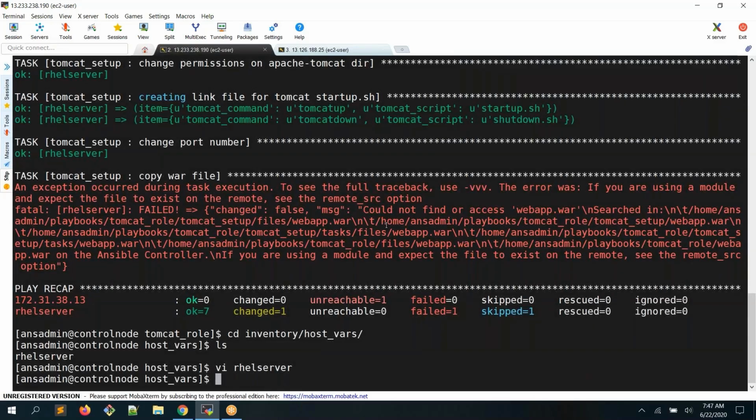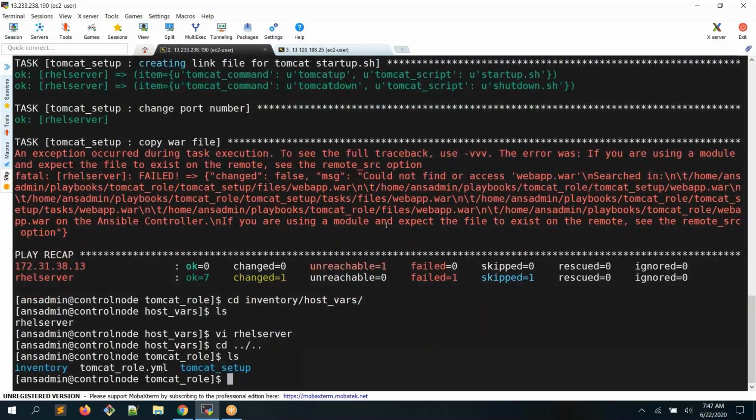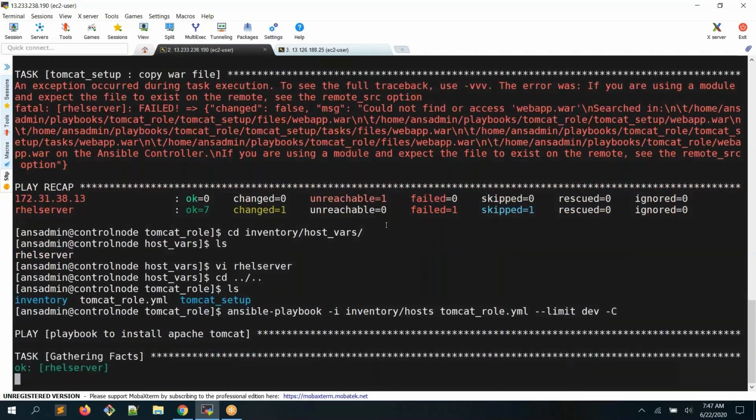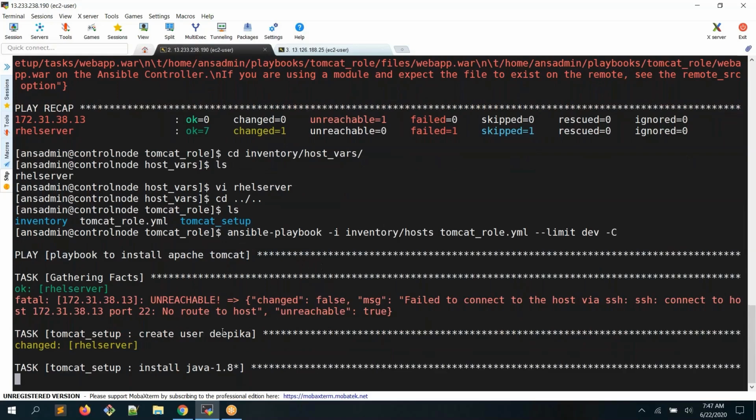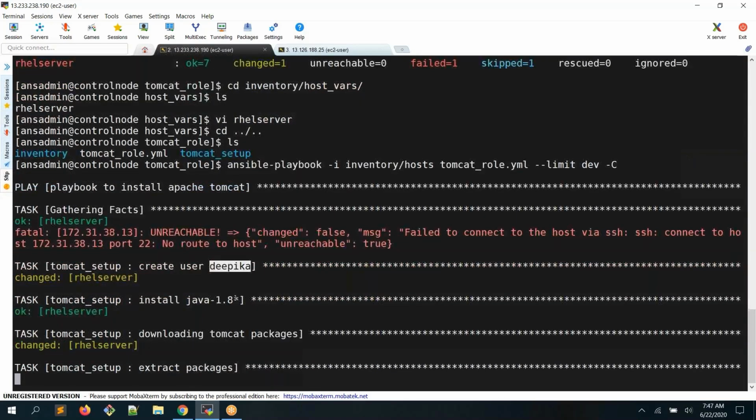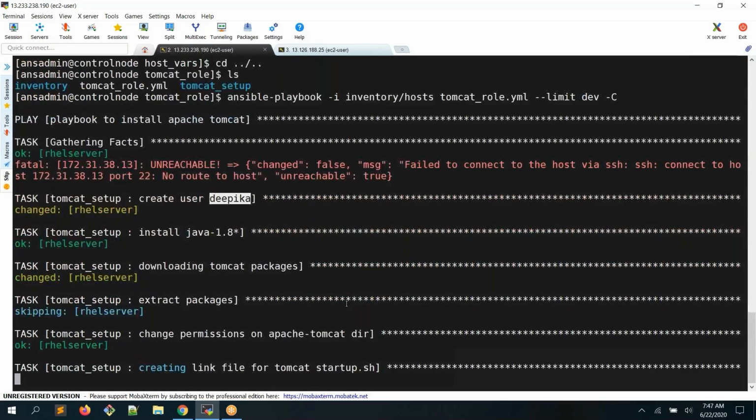Now let's execute again. Come back to your Tomcat role and Ansible, and let me execute the same command this time. While executing on RHEL, you can see here it has taken the host vars,